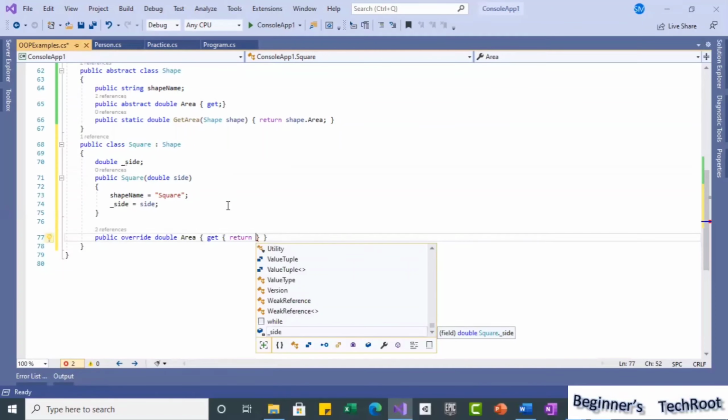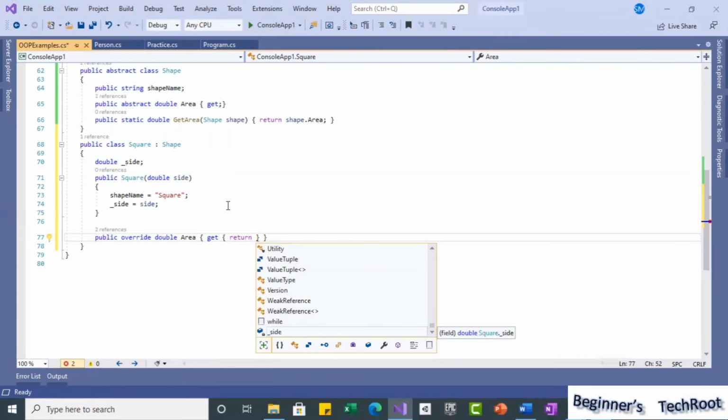So how do we calculate the area of the square? We know that the area of a square is nothing but side into side, that is, side square. That is how to calculate a square's area. So here, as it is a square class, the area is going to be side into side, nothing but side square.